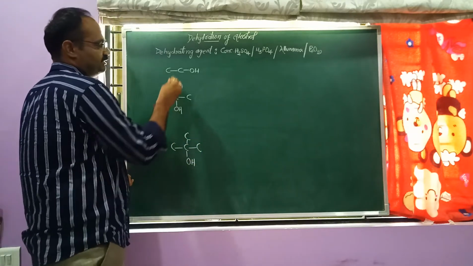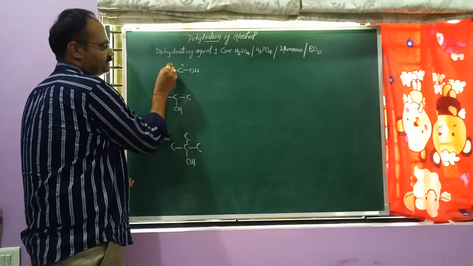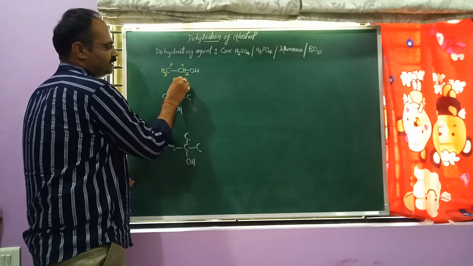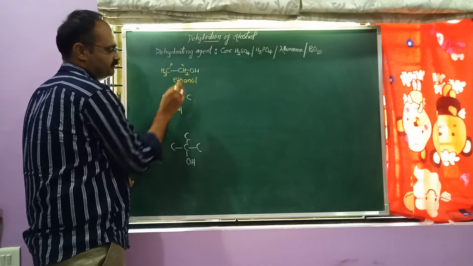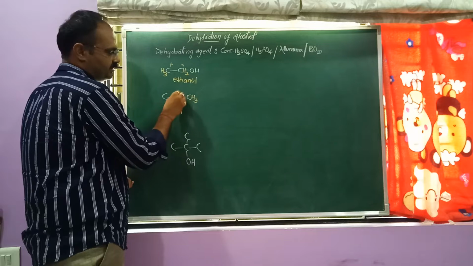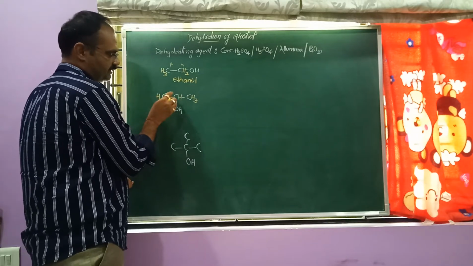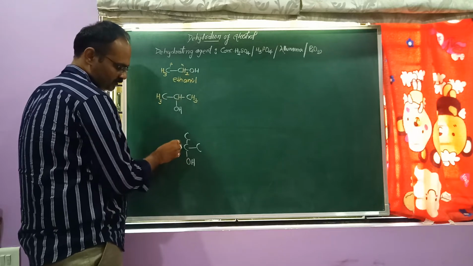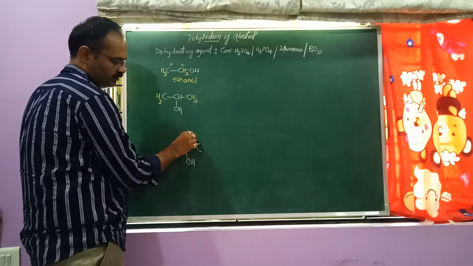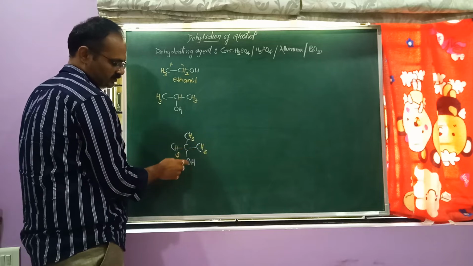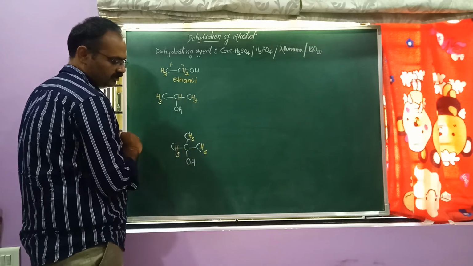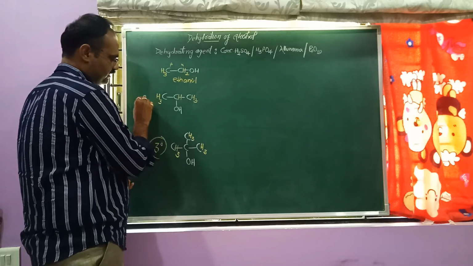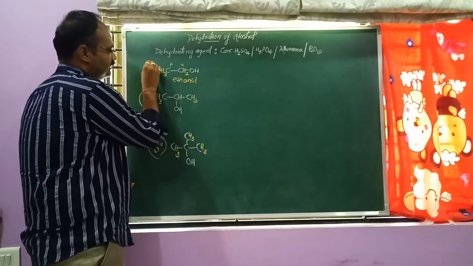The OH containing carbon is the alpha carbon, this is the beta carbon. CH3CH2OH, the name of this compound is ethanol. Valency of carbon is 4. This is the alpha carbon, both are beta carbons here, CH3, CH3. So here we have 4 valency of carbon, 1, 2, 3. 3 methyl groups are attached. So this is a 3 degree alcohol, this is a 2 degree alcohol and this is a 1 degree alcohol.